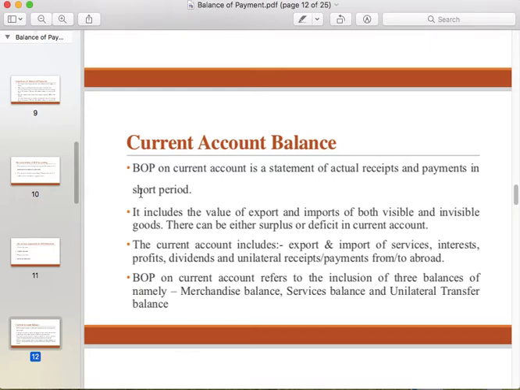So what is service balance? Generally, balance of services is more commonly used. The balance of services is the difference between funds received by a country when exporting services and the funds paid for importing services. Funds received come from the services going outside my country. So it is the funds received for the exported services and the funds that we are paying for the services that we are availing from outside the country. That is how we define our service balance. I hope both of these are clear.